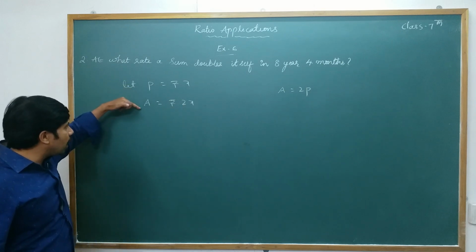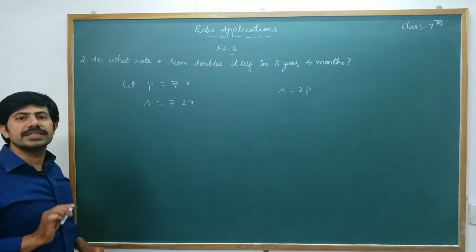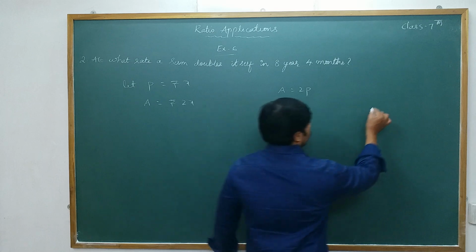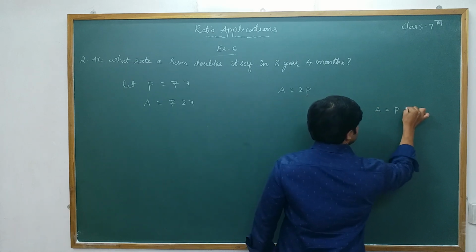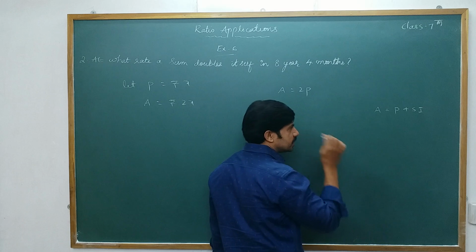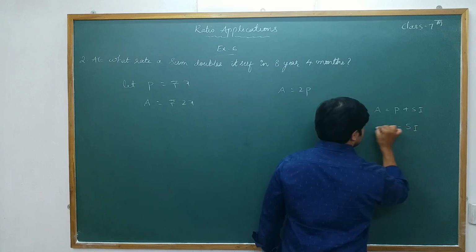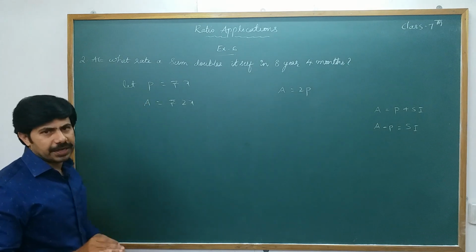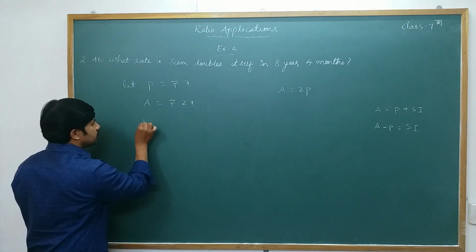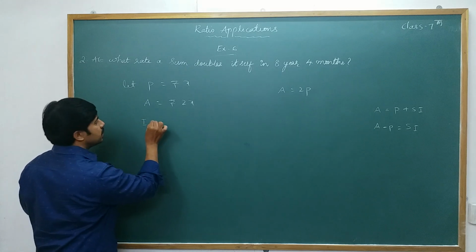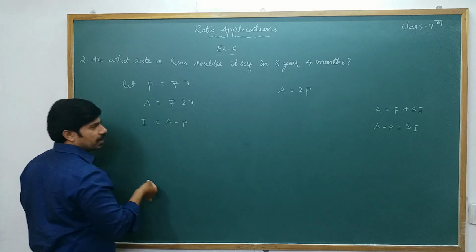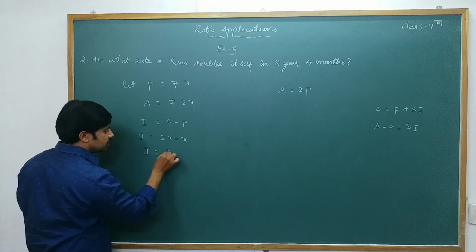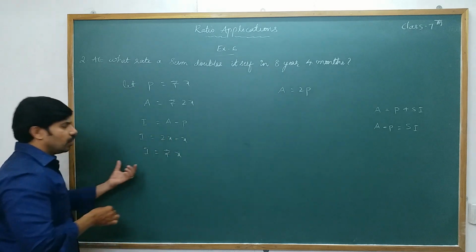Remember, whenever we have amount and principal, always you have to find out SI, simple interest. So how to find out simple interest? We have a formula. See, what is amount? It is P plus SI. So what is SI? SI is nothing but amount minus principal. That is, simple interest is equal to amount minus principal. Simple interest, interest, both are the same. So you can write I instead of SI, no problem. I is equal to A minus P, right? So I is equal to 2X minus X. So I is rupees X. So we got interest as X.